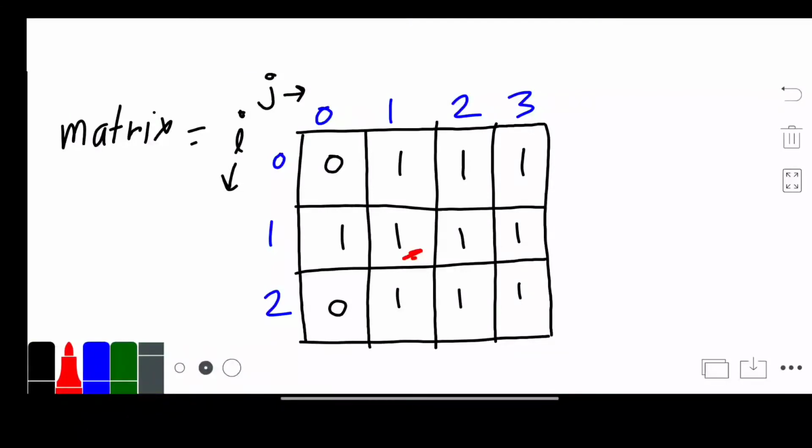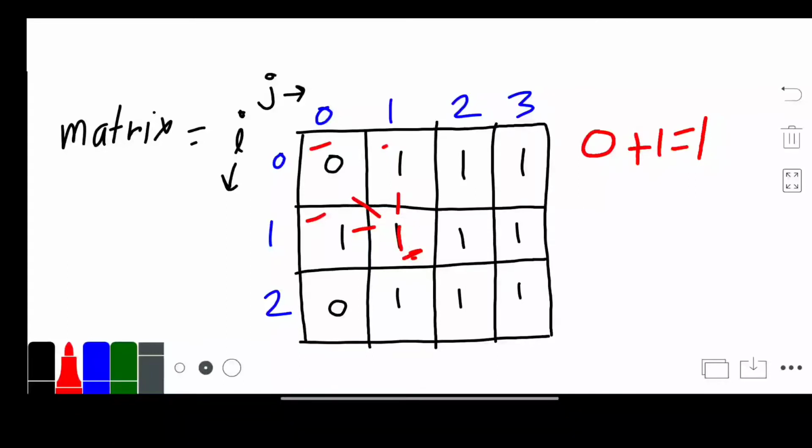Our updating rule is we take the minimum of these 3: row minus 1, column minus 1, and both. That means the upper value, the left value and the diagonal value of the current cell. Take the minimum of these 3 and add 1 with it. Here 0 is the minimum of these 3, add 1, and our current value is 1, which is already in this cell.